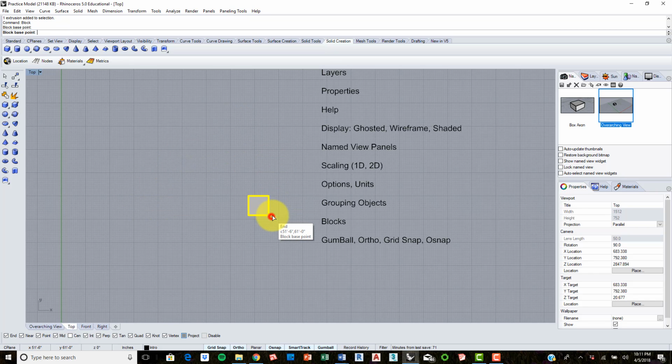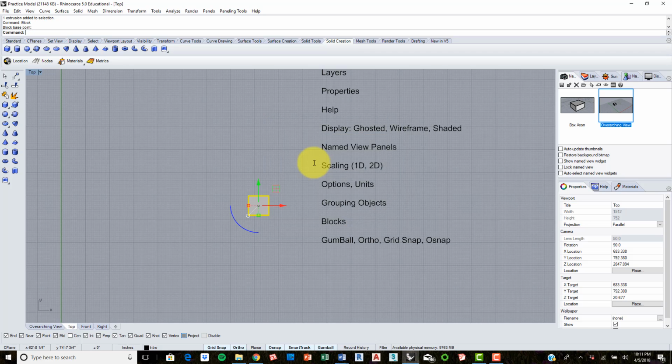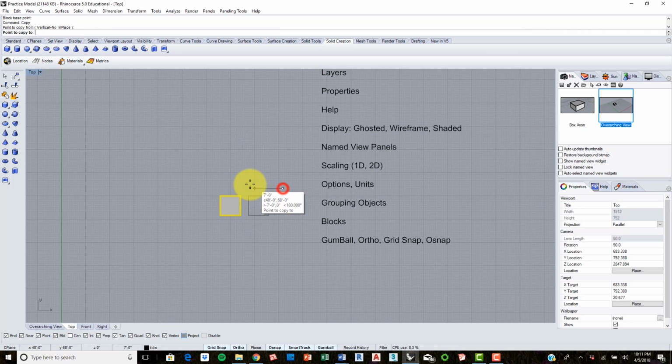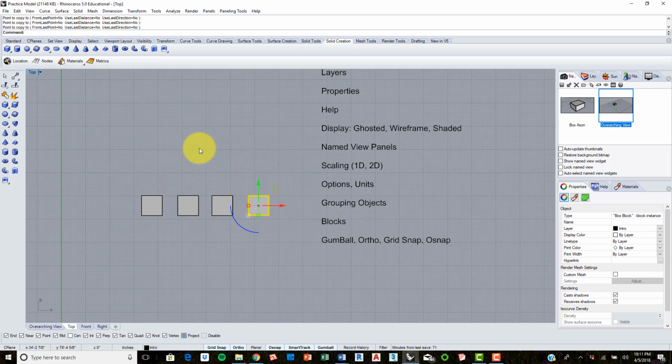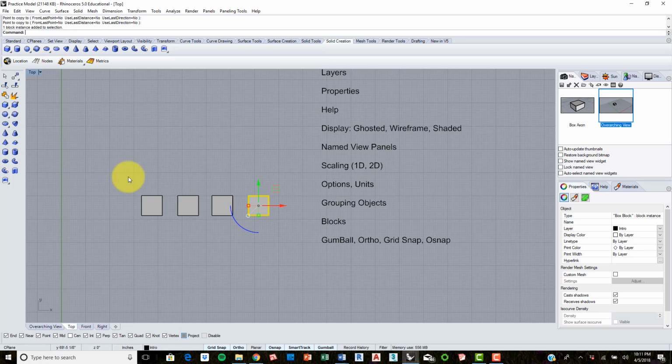So it'll ask me for a base point, and I will just name this box block. And now I will copy this block a couple of times so we can see how doing it once can affect it. Just click enter to get out of there, right? So now we have named our block, and let's say that we find out that we actually want this box to be much bigger. What we can do is we can explode,